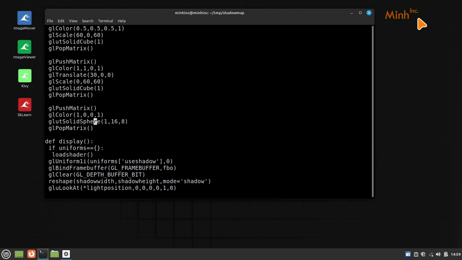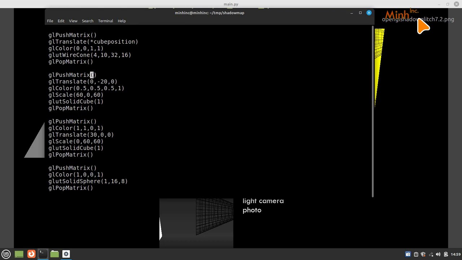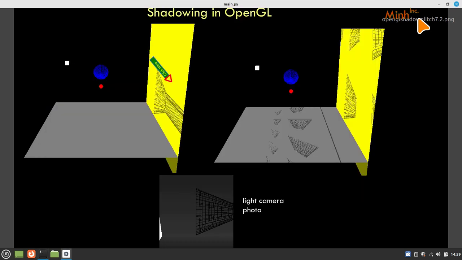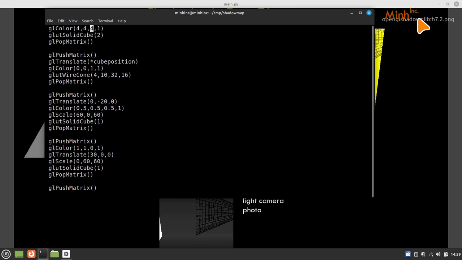glPushMatrix, glColor, and I believe we are done. So this is the yellow stuff. This is the yellow plane. Okay, so it is at X 30 and then we scale in the Y direction. And this is the flat plane. This is the down one. Okay, so -20 down, and then in the X and Z direction it would expand. And then at the center,